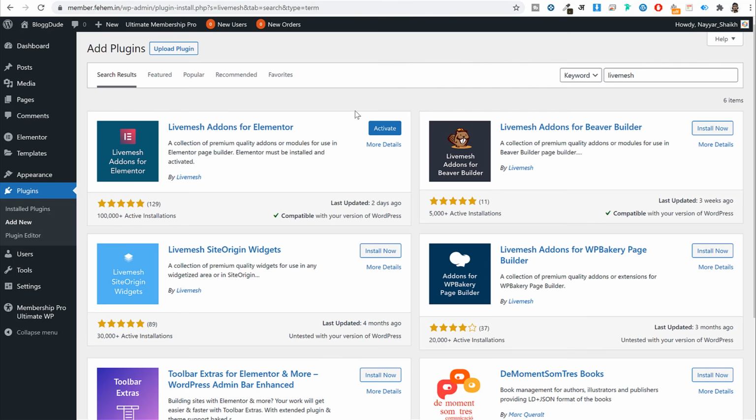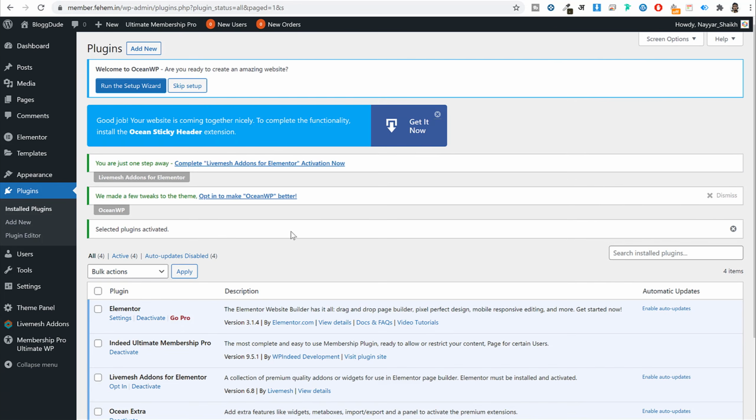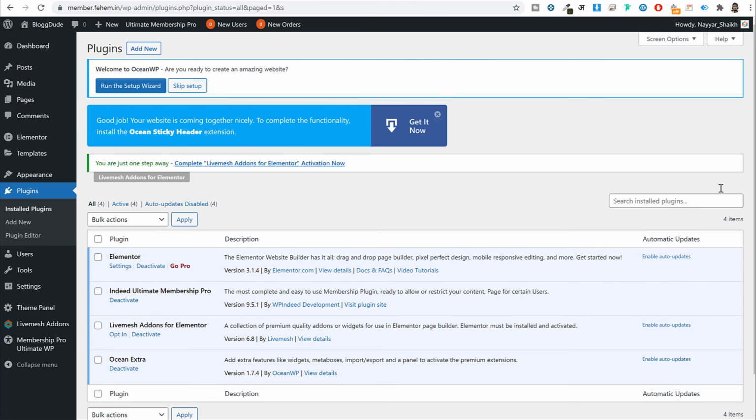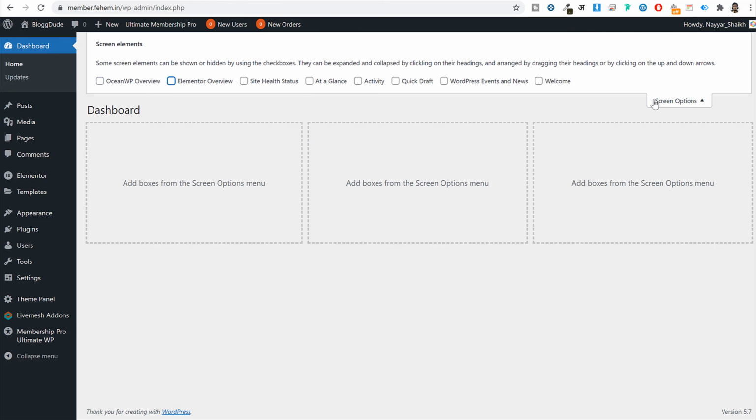So very important. Now once you install it, don't activate it right now. Just click on plugins from the left hand side and we can activate both the plugins at once. Tick mark them. Under bulk action, select activate and click on apply. Both the plugins will be activated at once and you will get some notices. You can dismiss them like this. Now again in the dashboard, you will get two more widgets, not really useful. So we'll untick both of them.